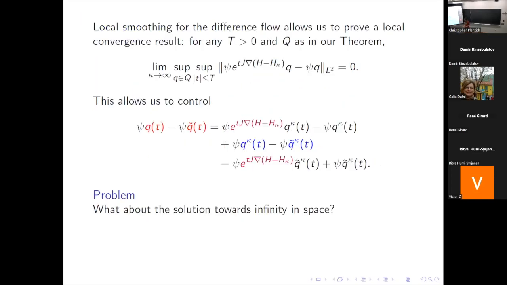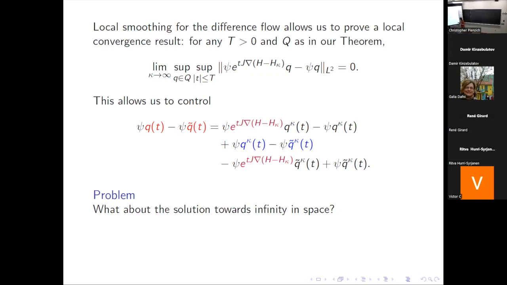And once we get local smoothing, then we do not have the same result as before about the convergence of the difference flow, but a localized version of that. So locally, we have convergence, uniformly, of everything we wanted before. So it allows us to control not differences of solutions, but local differences of solutions locally. Okay, but what is going to happen? That will take care of our issues